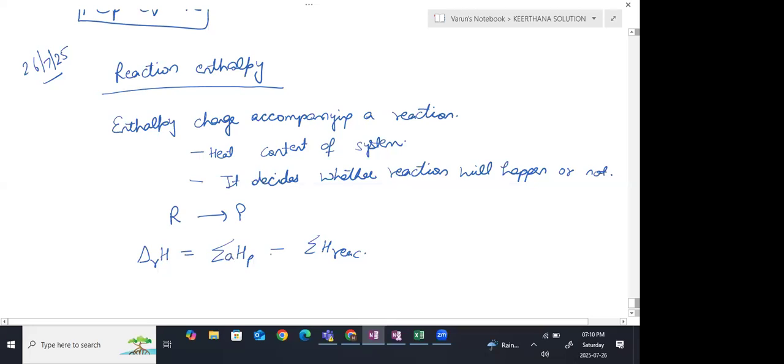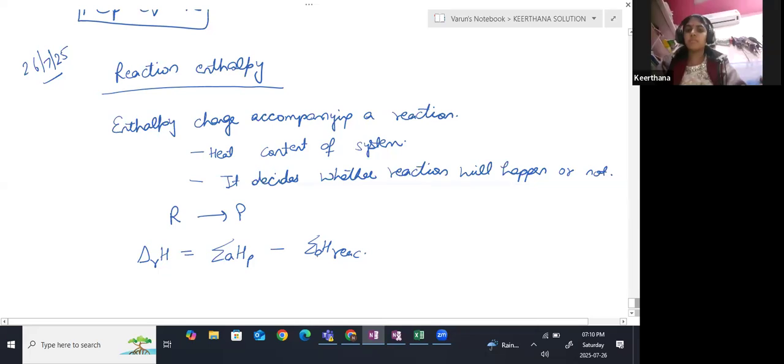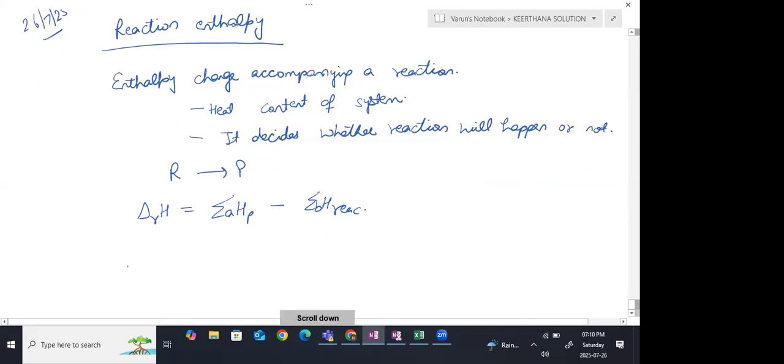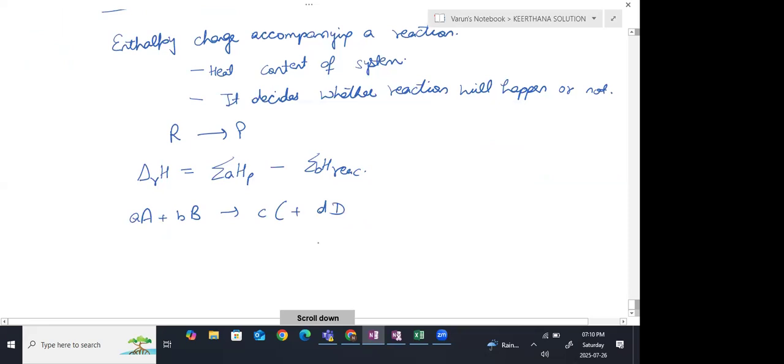And here we place the stoichiometric coefficients of products minus the stoichiometric coefficients of reactants. Clear? Yes, ma'am. For example, if I have a reaction where this one is getting converted into this one, how do I calculate the reaction enthalpy for this one? What I will do, the reaction enthalpy of